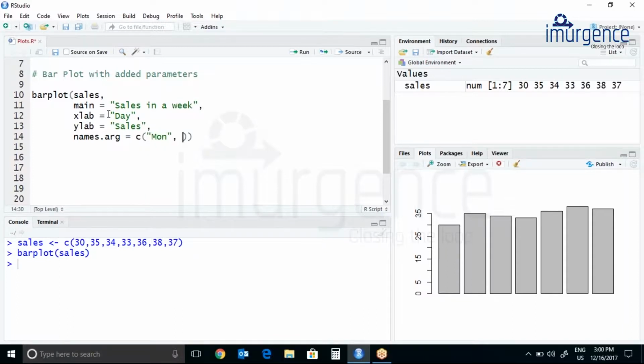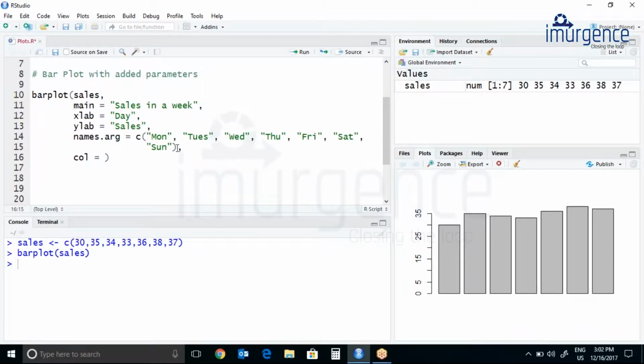So Monday, Tuesday, Wednesday, Thursday, Friday, Saturday. Let's put a comma. Let's put this as Sunday. So these are the names of the days in the week.